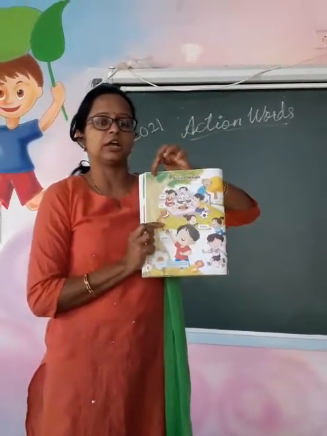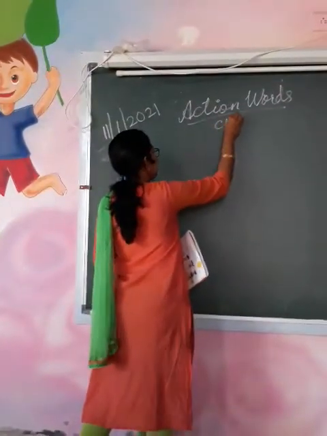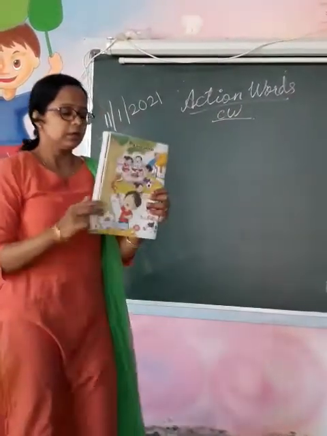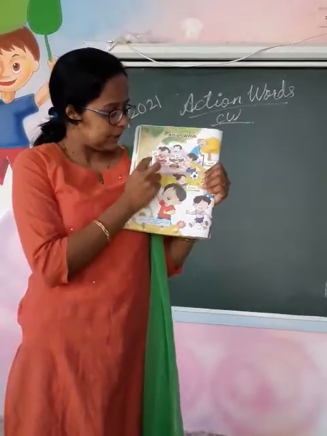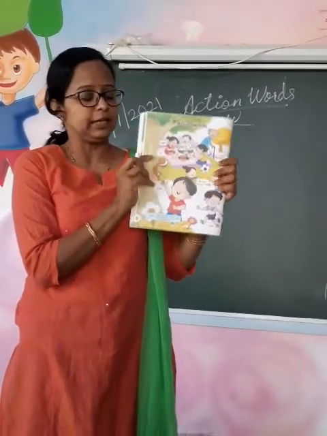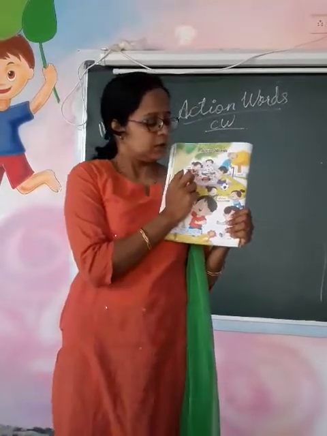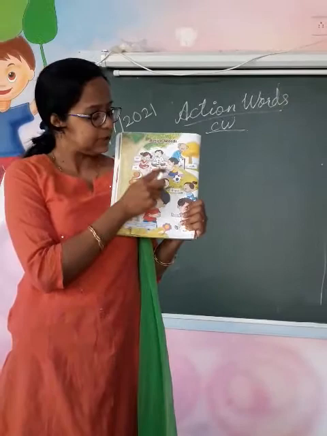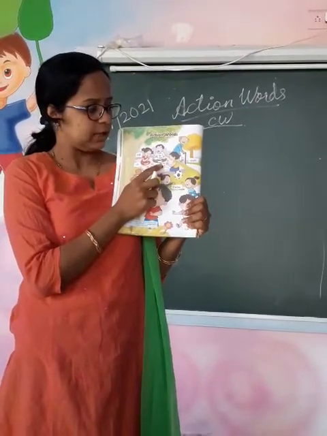So in the left hand corner write today's date and CW in the middle of the page. Read out the action words along with me. The girl is eating. They all are eating. See, E-A-T, eat. Eat is the action word. Looking at the picture, you can come to know that the girl, mama and papa are eating something. So, eat is the action word. What are they doing? Eating.